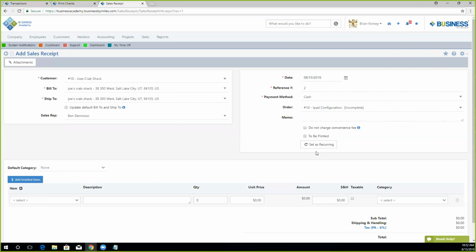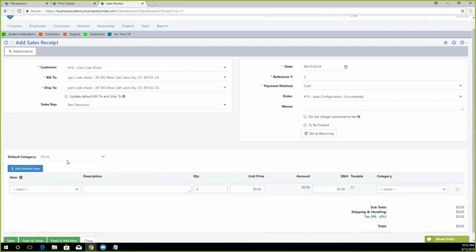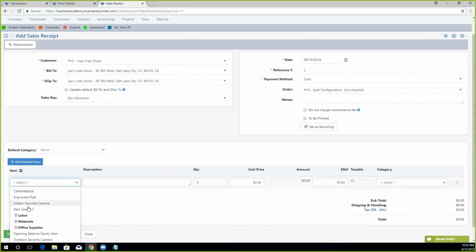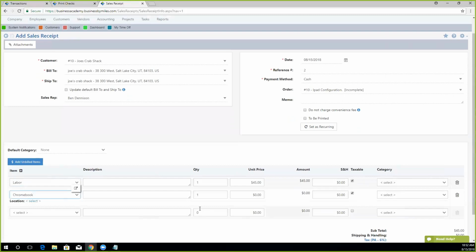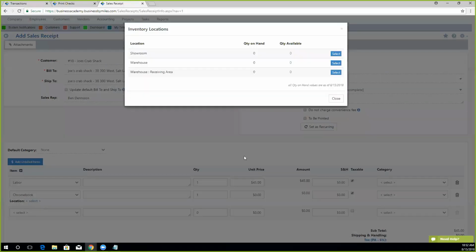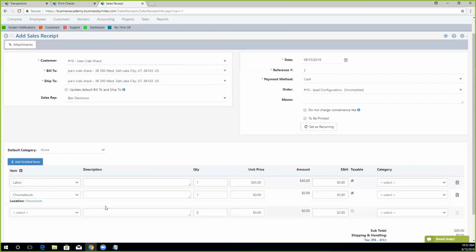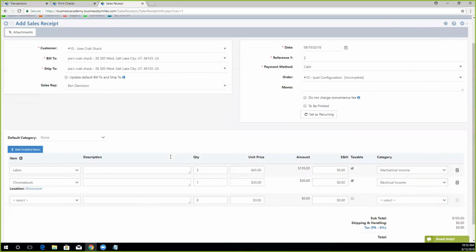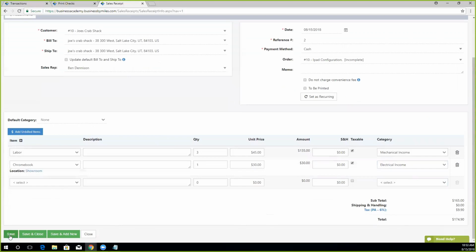I can write a memo. I can set my recurrences. And down here is where I can choose my items. I can change my unit prices per item, my quantities as I need. And I can also associate my GL categories. Now, as I choose Save,